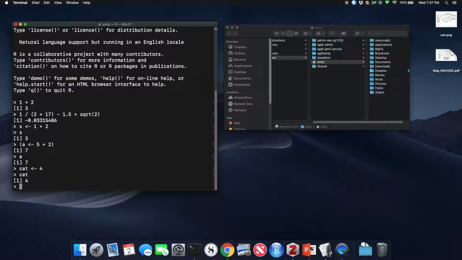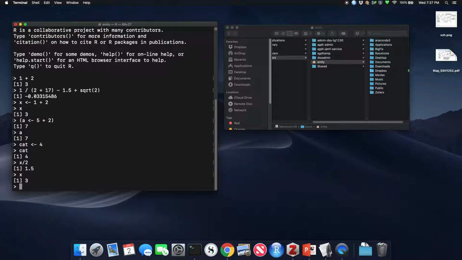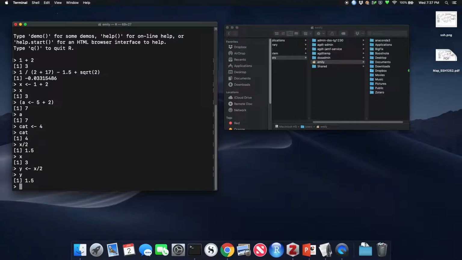And so now we can do math with these variables. So the example that Arnold and Tilton give is they say x divided by 2, which is 1.5. X still has its original value of 3. If we want to save the new value, 1.5, we can save it. We can either save it as x, which would overwrite the original value, or we can save it as a new variable. So what Arnold and Tilton do is y equals x divided by 2. And then y is